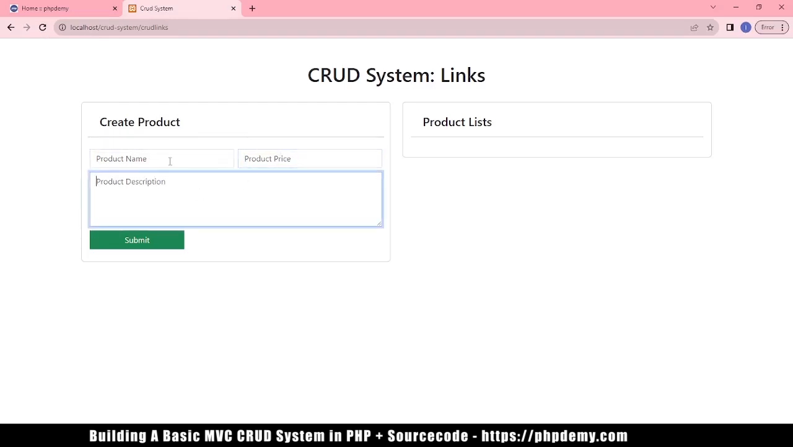So we have product name, product price, and product description. This is where our products are going to be displayed. Now that we have seen the structure and the code of our form, let's go back to our controller, our CRUD link controller, and begin to validate